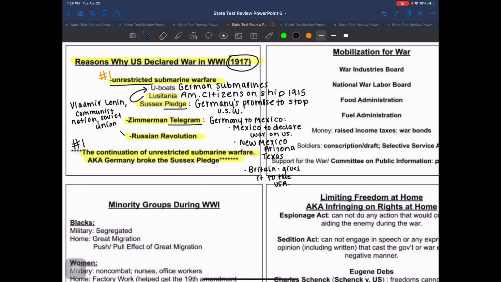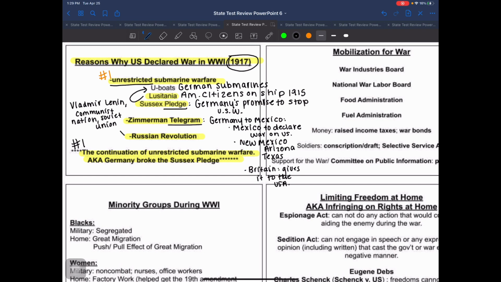And there are two reasons why this motivates us to get involved. Is because of Woodrow Wilson's moral diplomacy. We no longer have to worry about that being applicable, because Russia not being a democratic nation is one of the reasons why Woodrow Wilson would have been hesitant to help the Allies. But now they're no longer in the Allies. They've backed out of this war.